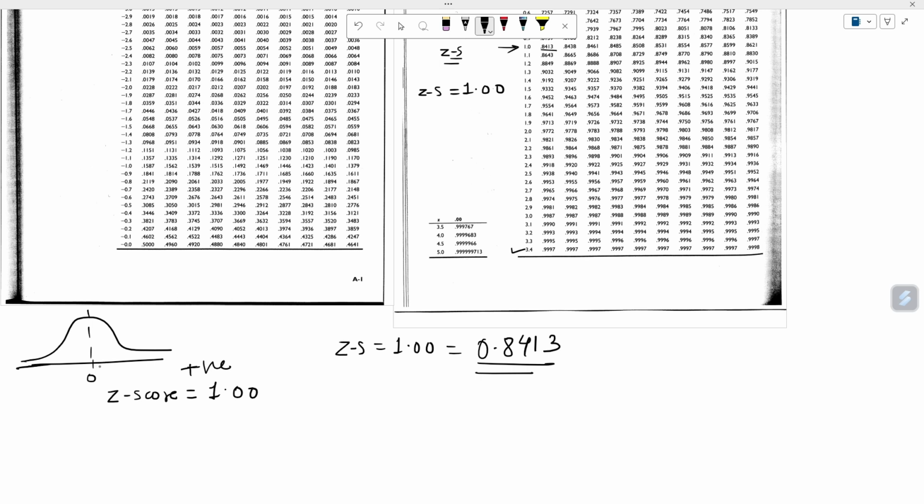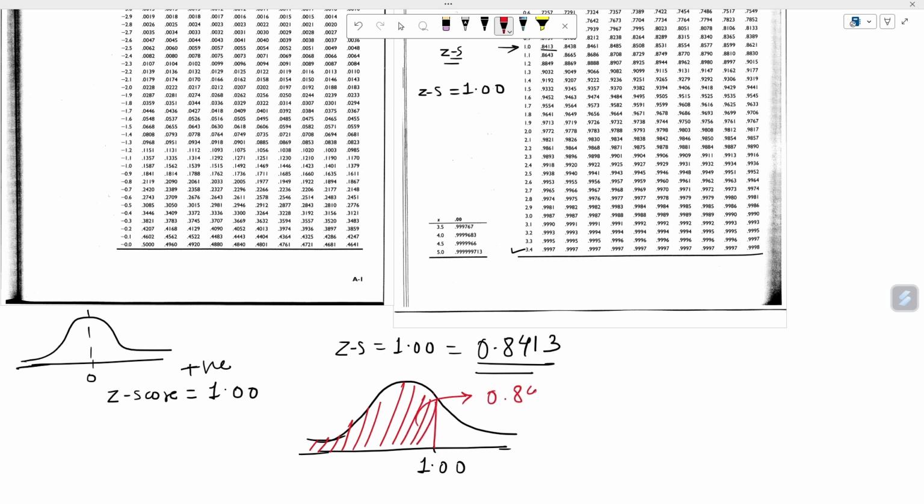So let's visualize this with the help of normal probability distribution diagram. Let's make the bell curve, and our Z score is 1.00. So our probability will be like this much portion, which is 0.8413. Alright,